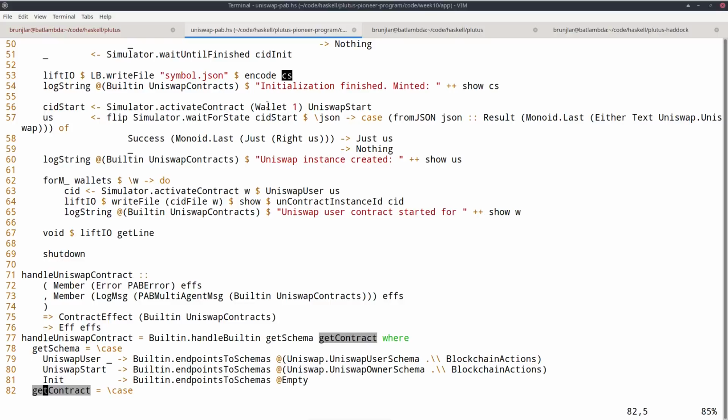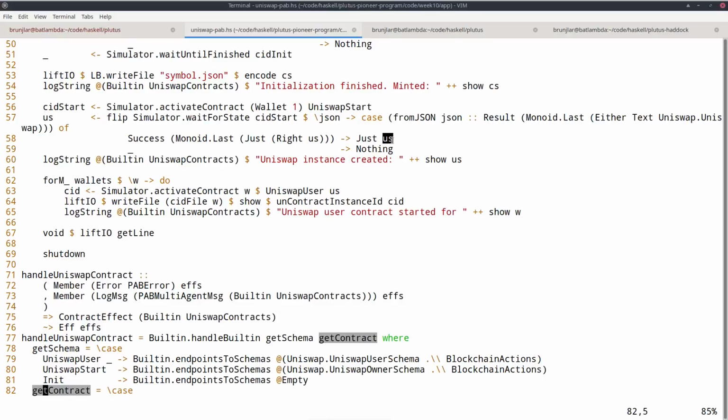Then again for wallet 1, we start the Uniswap system. So we use the Uniswap start constructor. And we again use wait for state to wait until we get the result. And the result of the Uniswap start, I explained that earlier, will be a value of type Uniswap. And we need that value in order to parameterize the user contracts. So we wait until we get this.